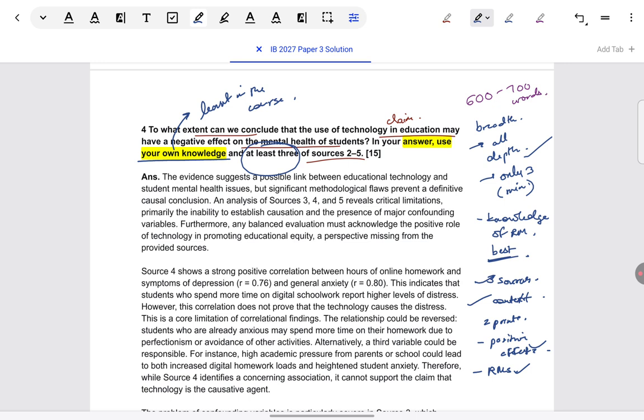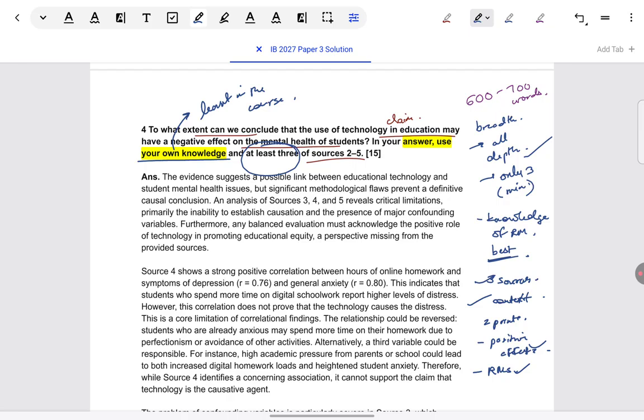And as I told you, I'm not having too much time for this video. If you need to see how to organize a 15 marker with introduction and conclusion and everything, please watch my previous video, paper 2 section B. In that, because it was exclusively dedicated to the 15 marker, I have given a lot of nuances on how you should cover it. All those rules can be applied here. So whatever I discuss now will be with the help of this model answer. For preparation, what I've told you till now should be broadly enough. If you need even more fine suggestions, please watch that section B video which I have put up for paper 2.